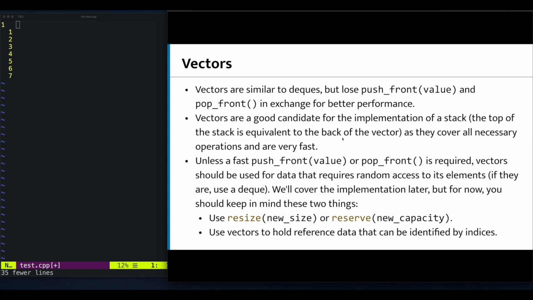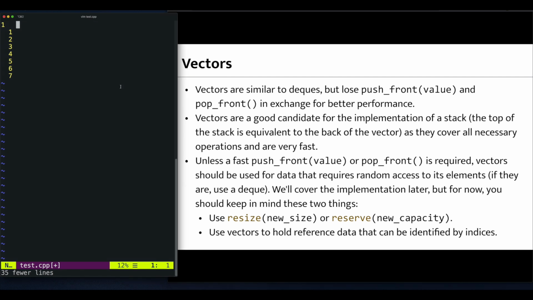We can talk a little bit about vectors and how to use vectors and what vectors mean. So a vector is similar to a deque, but they don't have push front and pop front, and in exchange they have better performance. So if I have a vector of integers v, and I set this up like this,